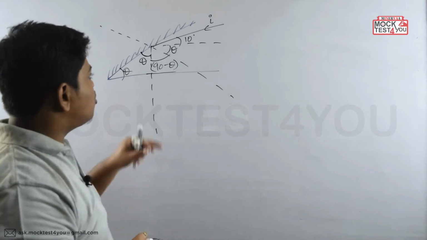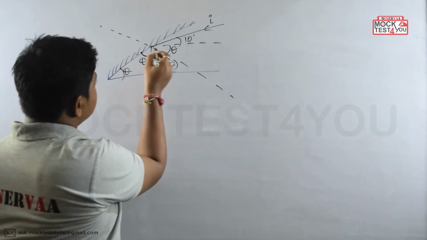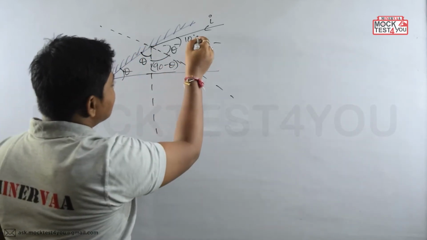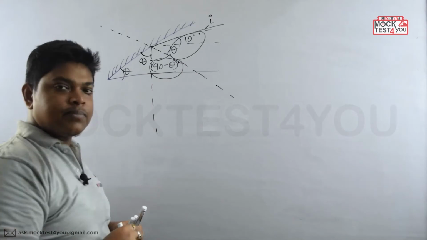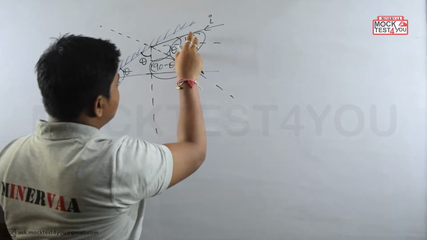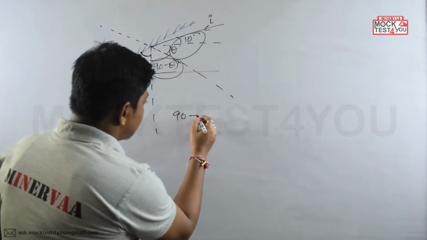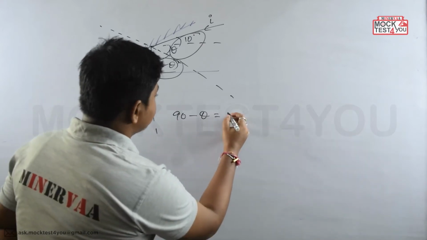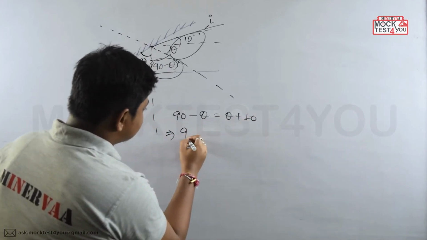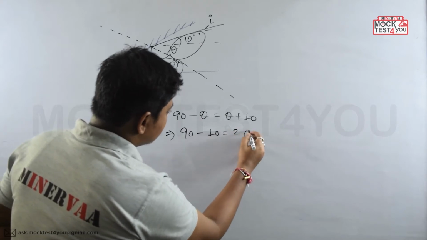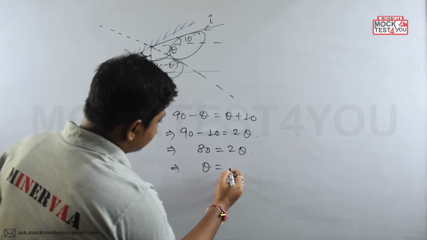In this case, you have to use the law of reflection. That means with respect to this normal, this 10 plus theta is equal to 90 minus theta, right? So 90 minus theta is equal to theta plus 10. That means we get 90 minus 10 equals twice theta, so 80 equals twice theta, and theta has the value of 40